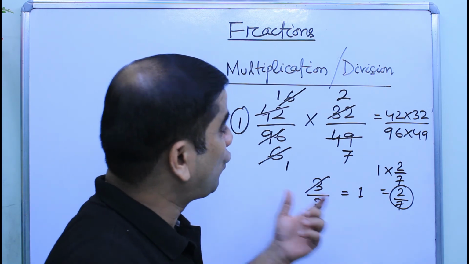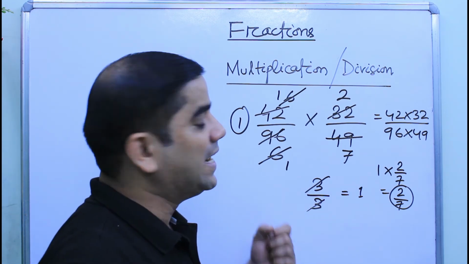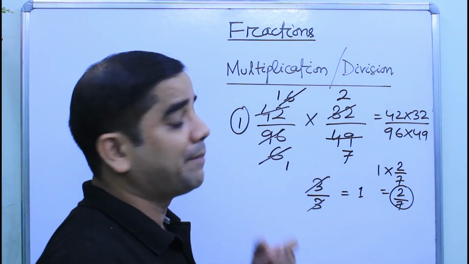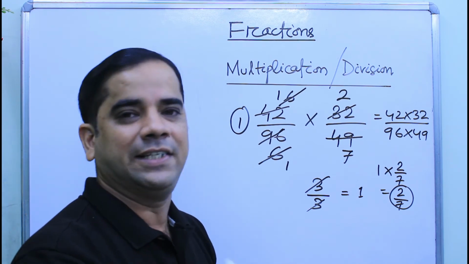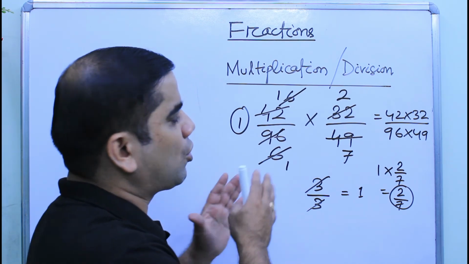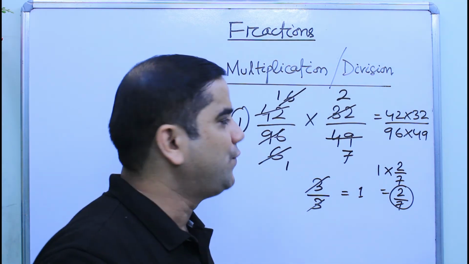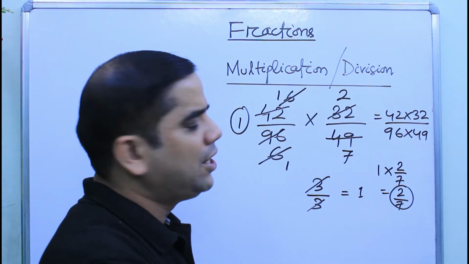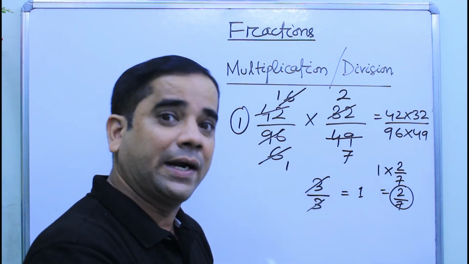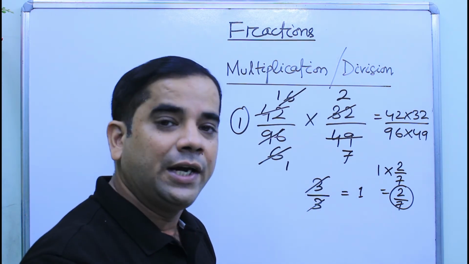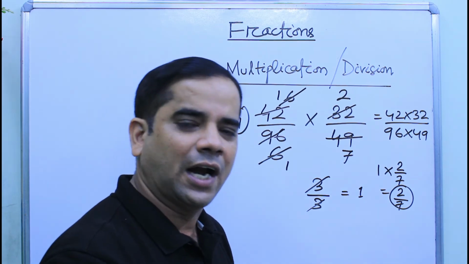Students, by following this procedure, you can find the product of such fractions having bigger numbers very easily. So you should always follow this procedure. That is my opinion. If you don't want to do that, you can do it the other way also. But always remember, you need to reduce the fraction at last.